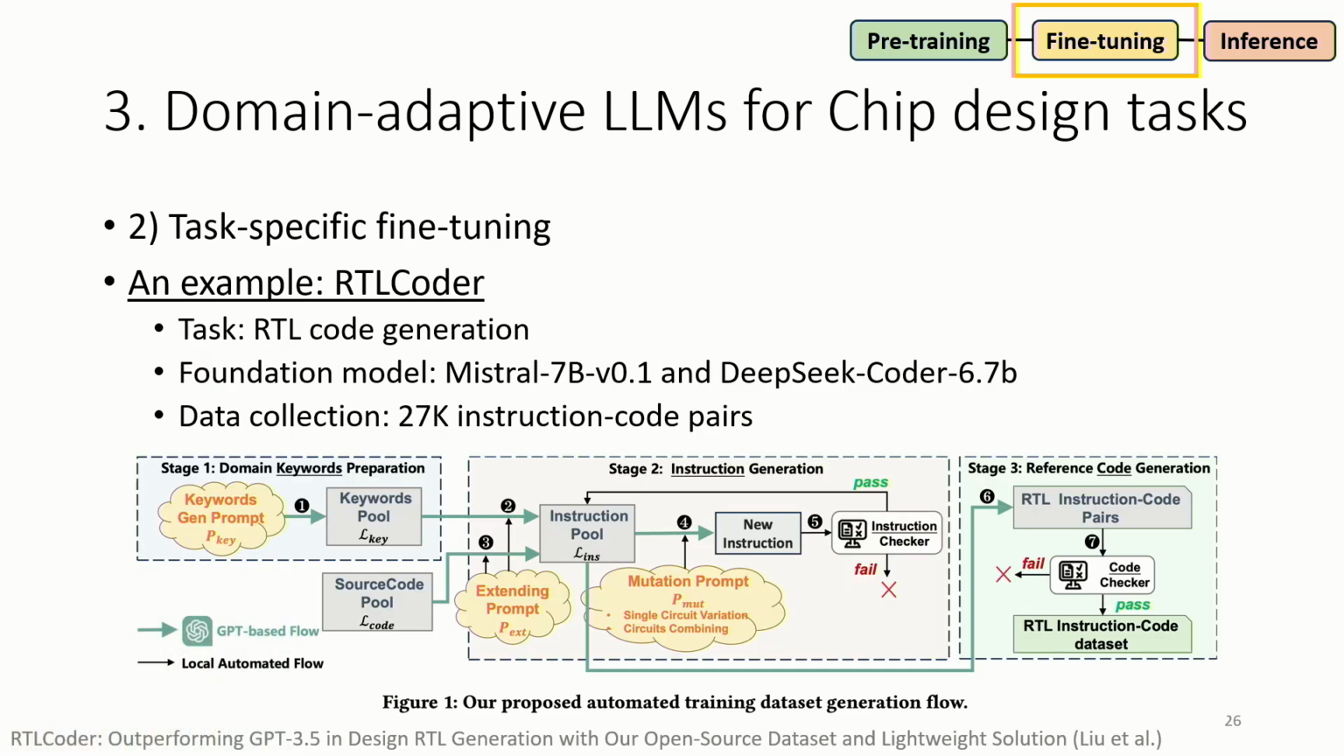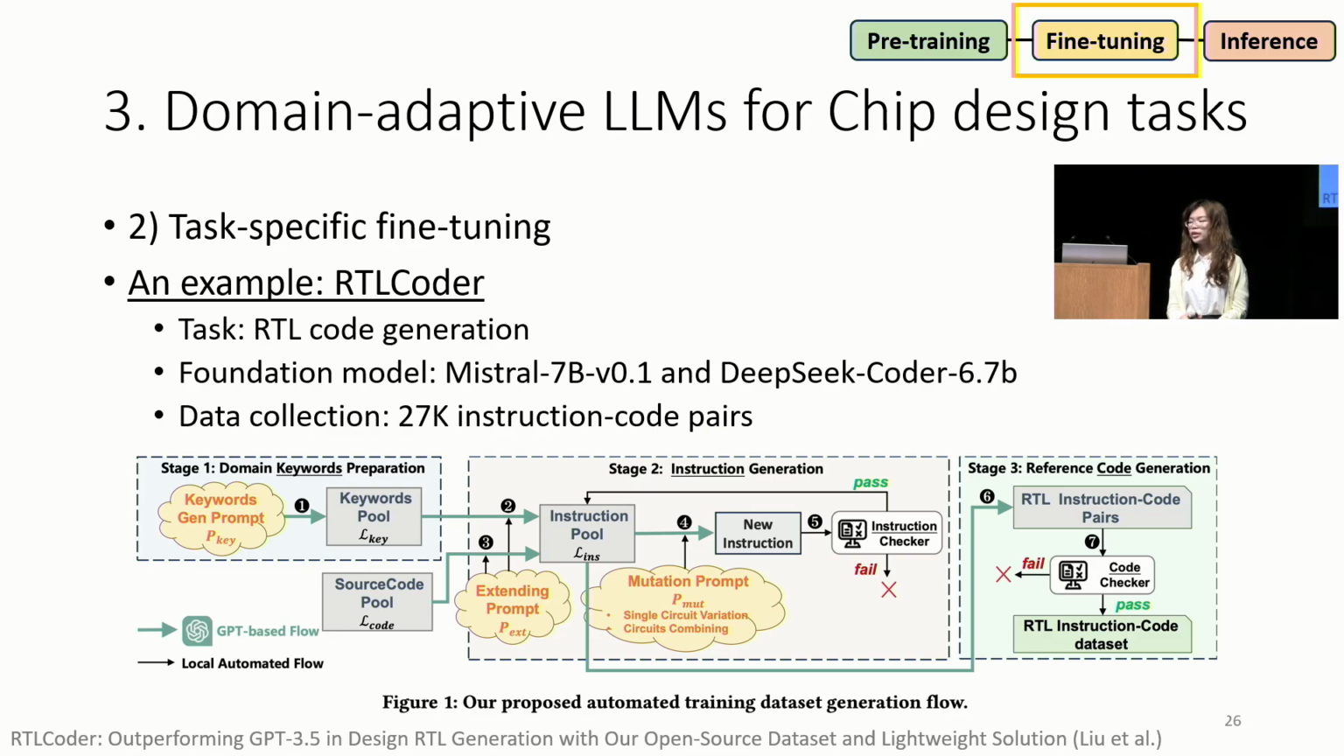I will show an example here of how to conduct task-specific fine-tuning. For this one, the RTL coder, the task is RTL code generation, and for the foundation models, they use Mistral 7B and DeepSeek Coder 6.7B. For the data collection, you can see this flow. It basically uses more help from GPT. If you take a look at the green arrow line in this flow, first of all,